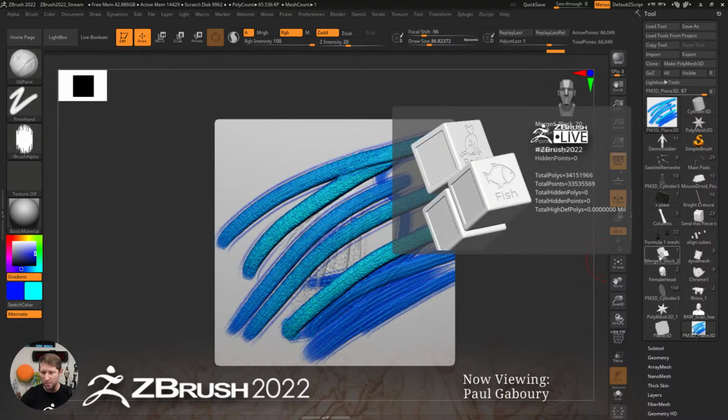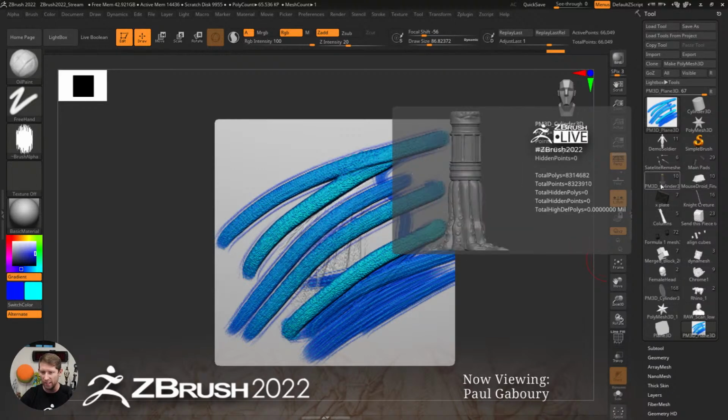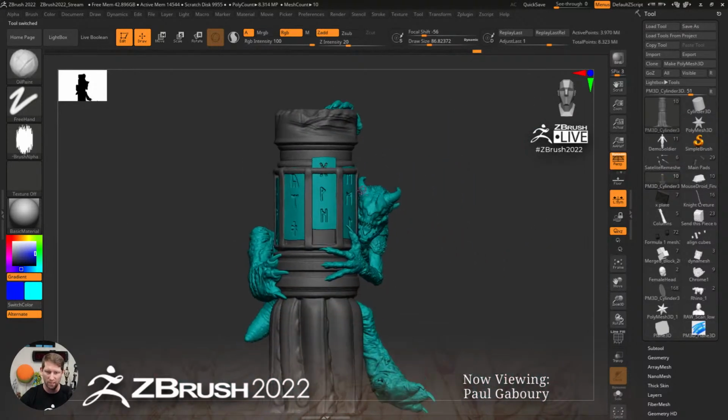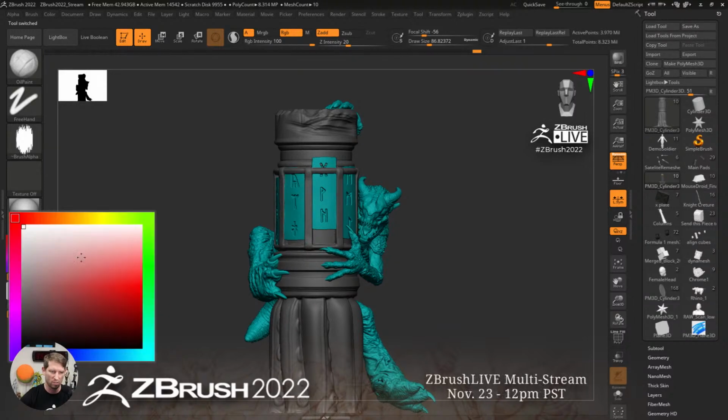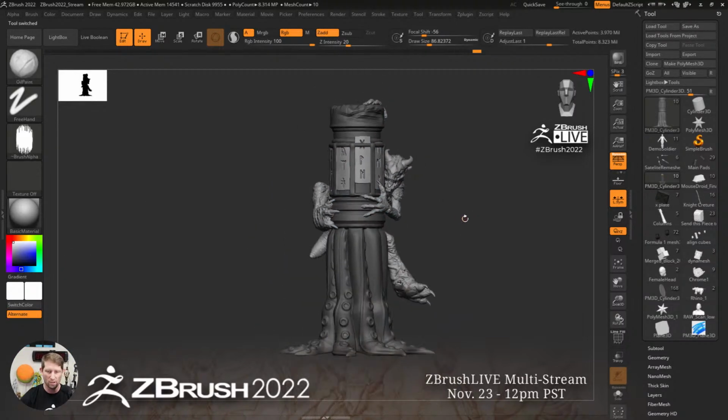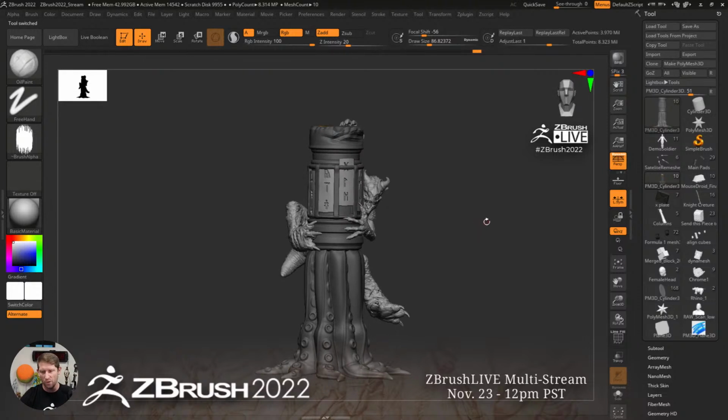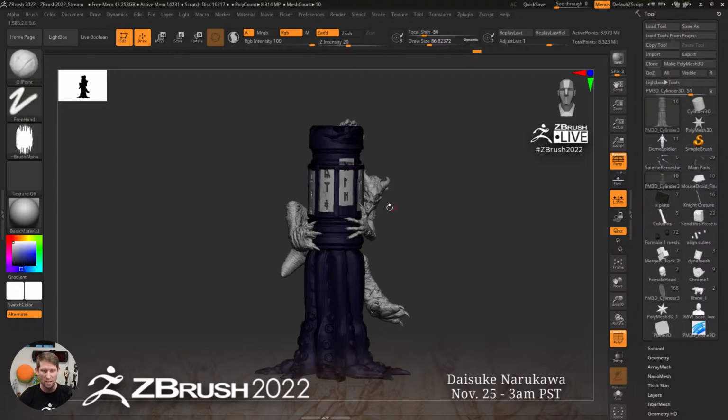Let's go back to, I gotta find that guy again. Let's go back to that column, okay? And let's go to having just the white color here, no gradient. Okay, so something that I also want to be able to do, which has been big for me, is alignments when I'm working inside ZBrush. So as an example,